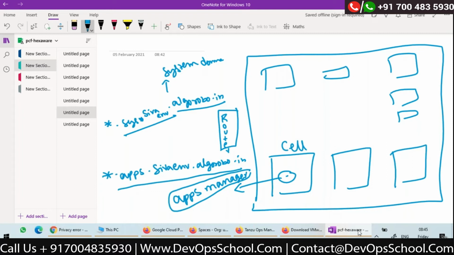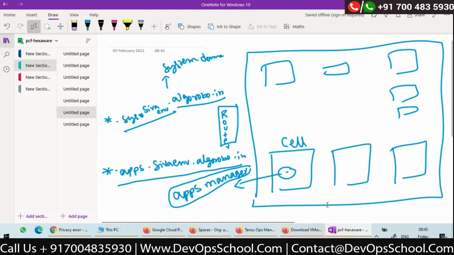Who will actually push this application? After the installation is done for Pivotal Cloud Foundry, this app will be automatically pushed to Cloud Foundry, right? What will be the URL to access it? Actually, this app belongs to the system itself, right?